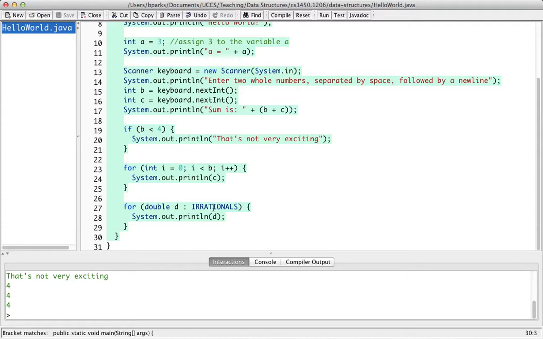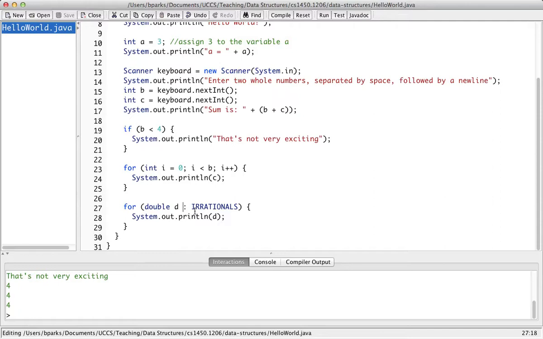You can get each element in turn and do something to it. And on the left side of the colon, it's basically just variable declaration. And you can read this as for double D in irrationals. So for each element in irrationals,